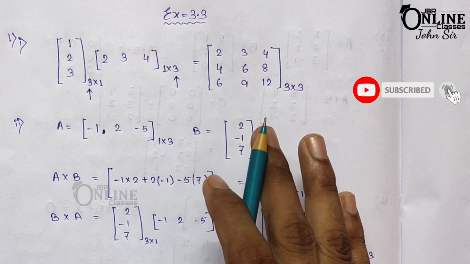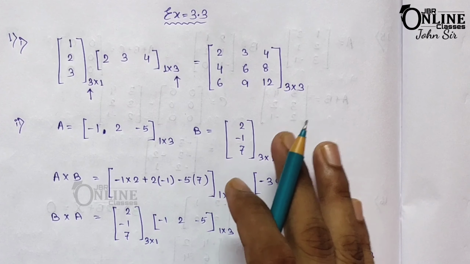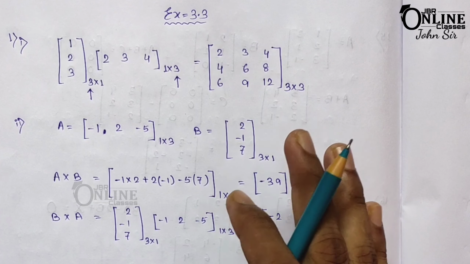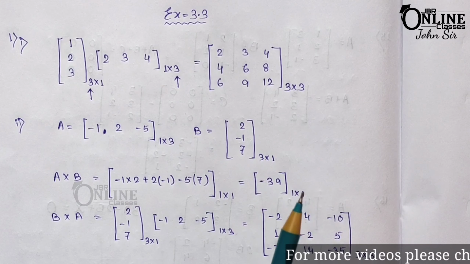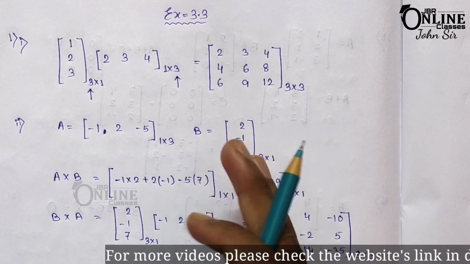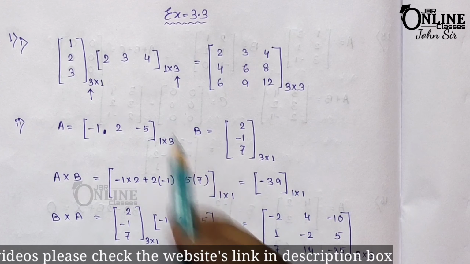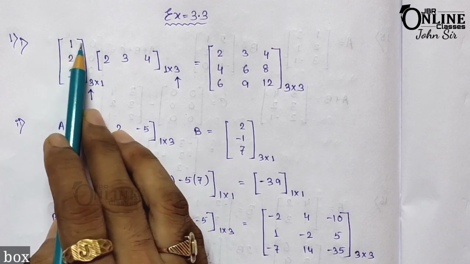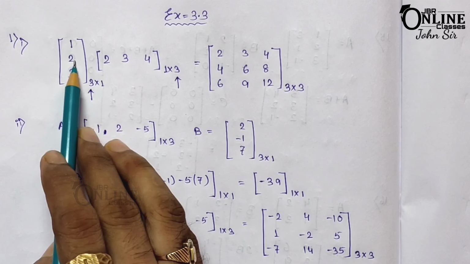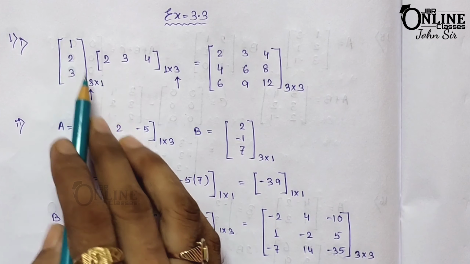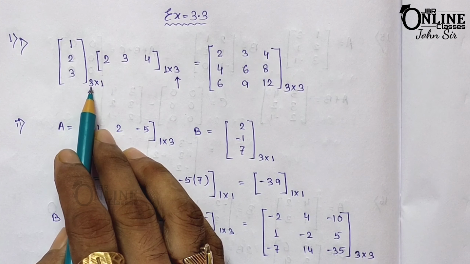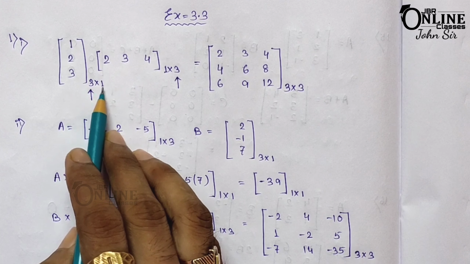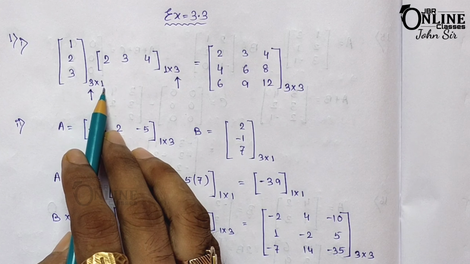Now in this video we are going to learn the multiplication of two matrices. Before you multiply two matrices, first you have to know the order of each matrix. I hope you know how to find the row and the column. Suppose the first matrix is a column matrix, and the rows will be number 1, 2 and 3. So there will be 3 rows and 1 column. Whenever you write the order of a matrix, the formula is first you write the row, then cross, and then the column. So 3 cross 1 or 3 by 1. So it's a matrix of order 3 by 1.